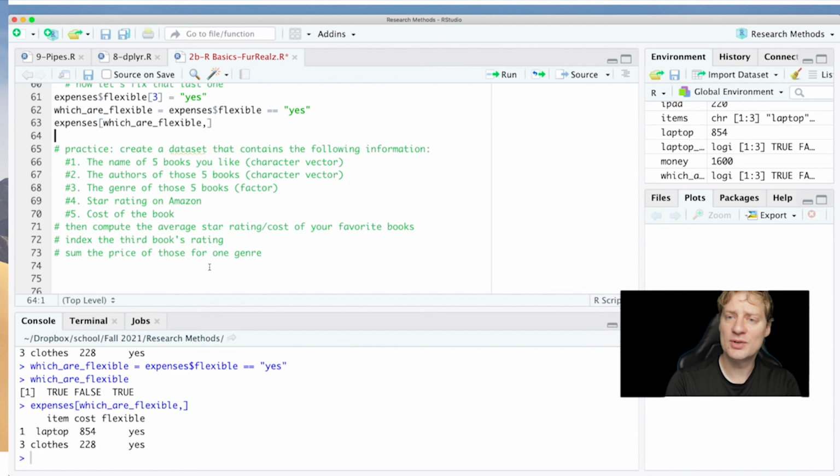Then I want you to index the 3rd book's rating. And then here would be a tricky one. I want you to sum the price of those that are for one specific genre. So maybe you have science fiction and mysteries. So maybe you choose mysteries, and then you compute the sum of those that are for that one genre. This last one's going to be a little bit tricky, but I have taught you everything you need to